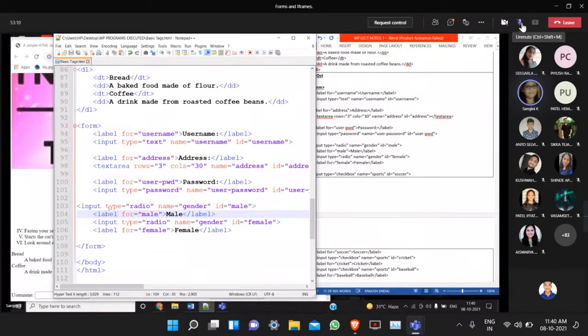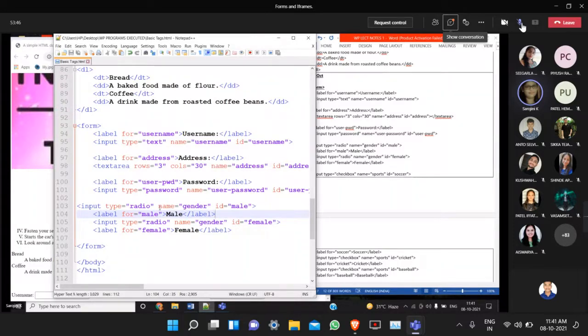So input type equal to radio, ID. Within the for I'm going to use the ID, and then the name attribute to uniquely identify the radio button. In a single HTML page, in a single HTML program, you can use more than one set of radio buttons.